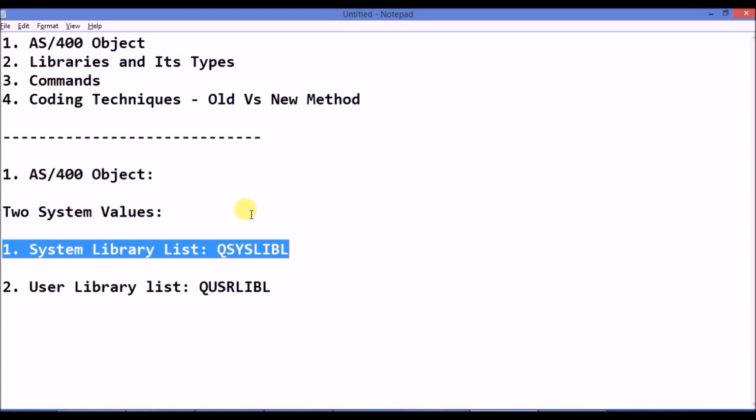So any library contained inside this system value QSYS LIBL will be treated as system library. In case you want to change the contents under the system value QSYS LIBL, use command CHGSYSLIBL. Note, however, that this is not suggested for the reason we will discuss in the later part of the course.